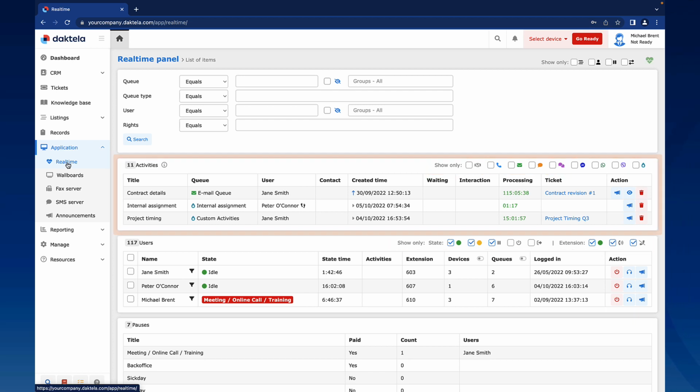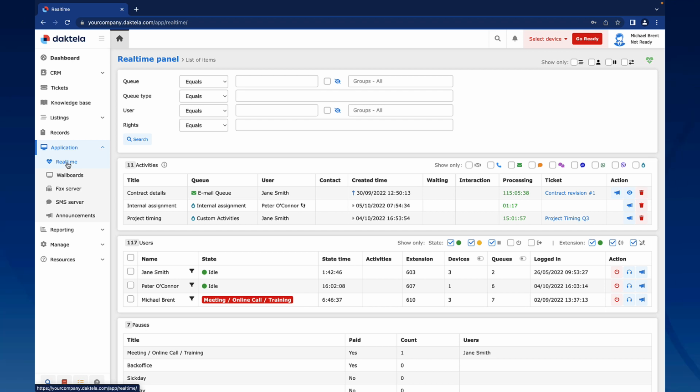The Activities section displays a list of your contact center's open activities. You can filter activity types using the checkboxes at the top of the section. Use the handshake icon to filter activities where the customer is currently speaking or chatting to an agent. If the activity's contact is saved in the CRM module, click this icon to view their customer journey, a history of their communication with your contact center.